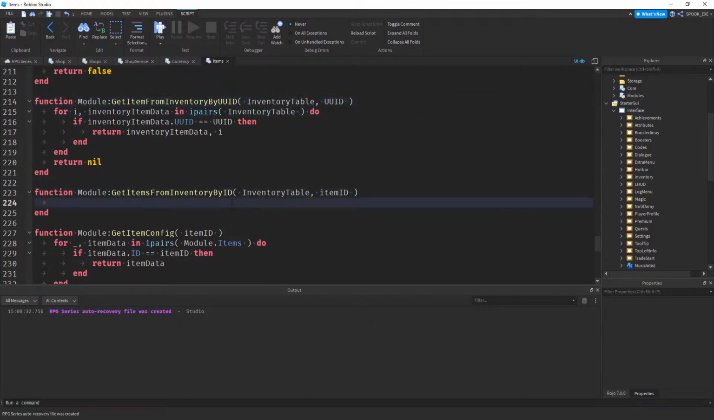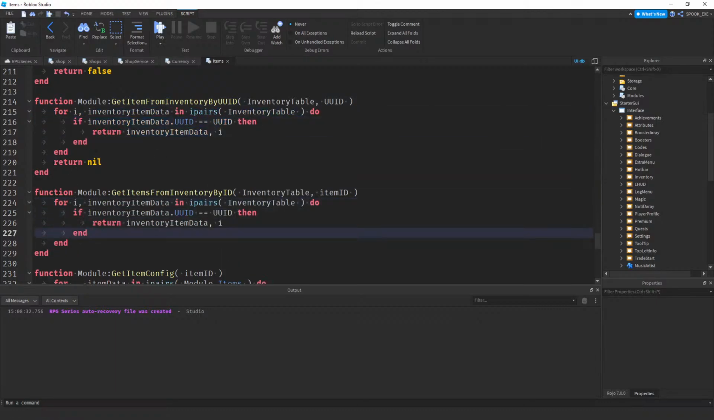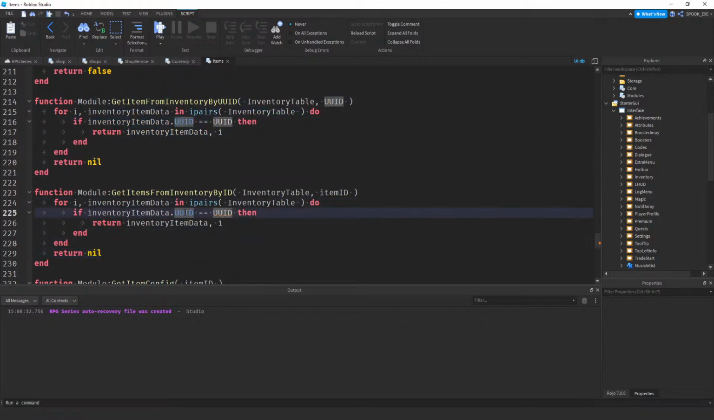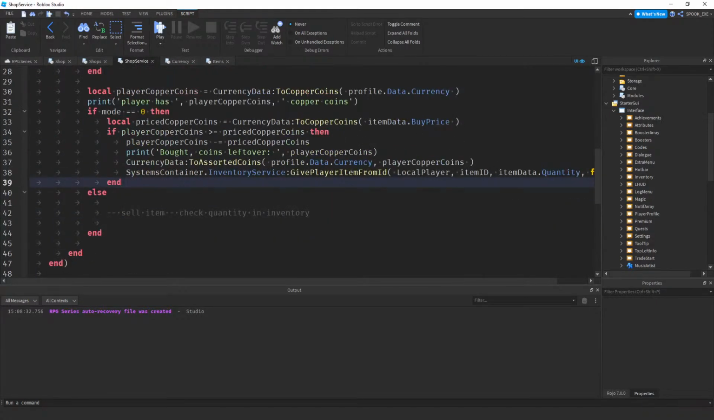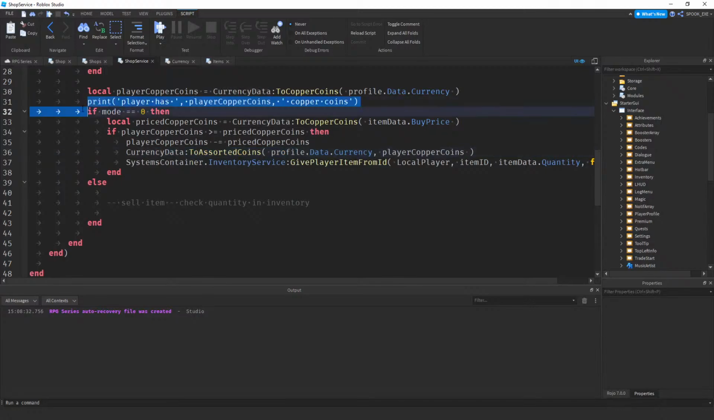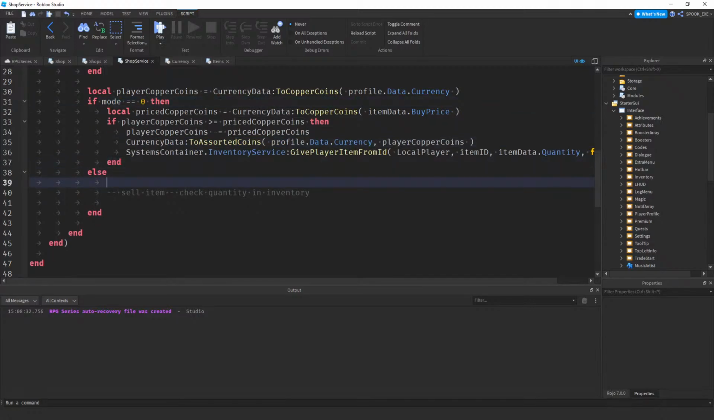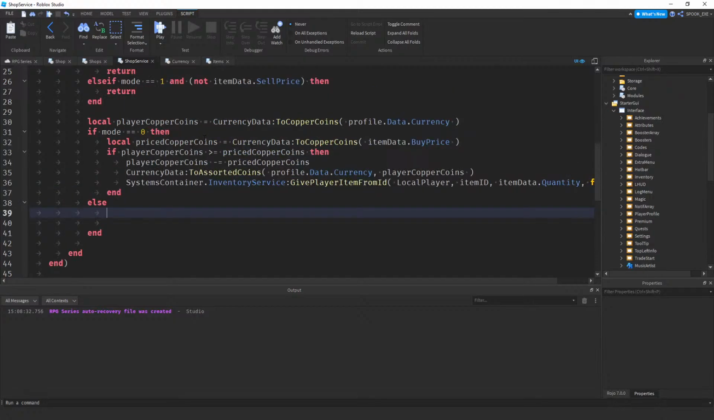I'm just gonna make them inventory table 2. We're gonna pretty much do the same thing here, except we're gonna say if the ID is equal to the item ID, we're gonna return that inventory item data. And then we'll run over to our shop service again. So that's done there. Let's say we want to sell the item. So let's do